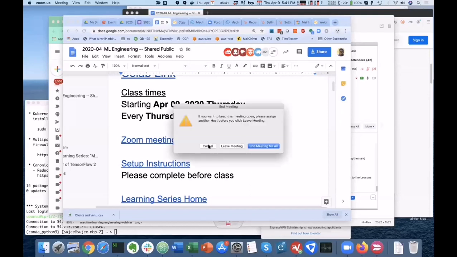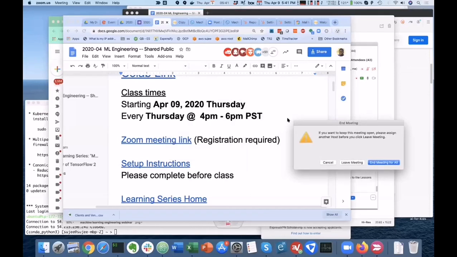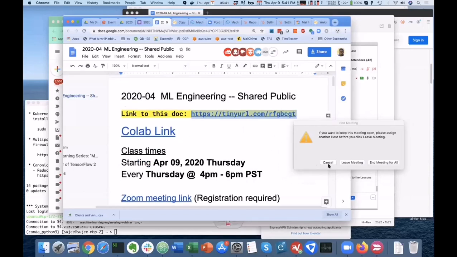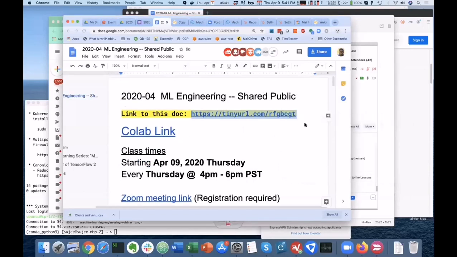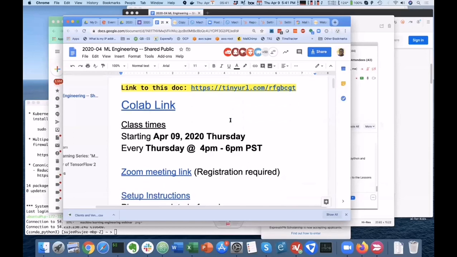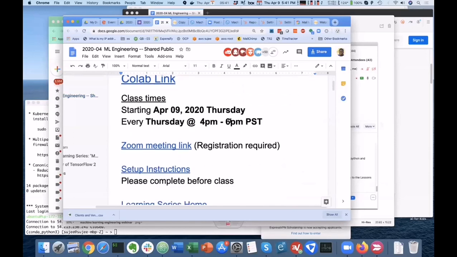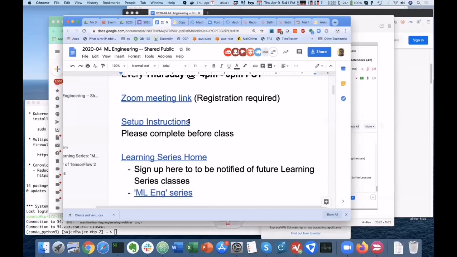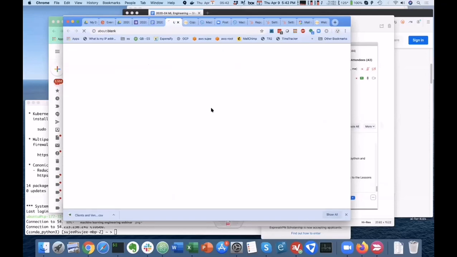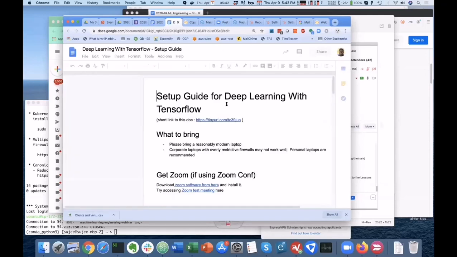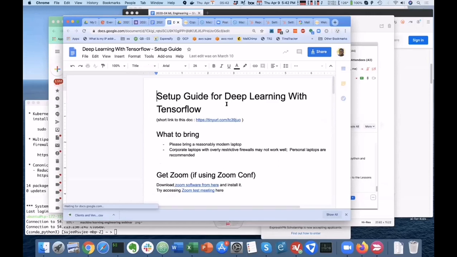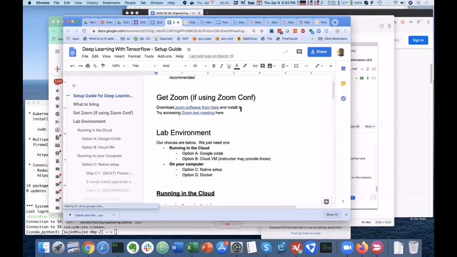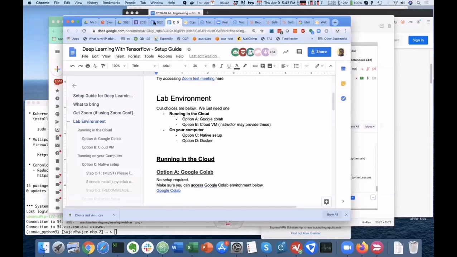All right, guys. So you're already in this meeting notebook, right? Again, this is the URL we are giving out to everybody, and all the links are here. If you scroll down a bit, you see a list for setup instructions. Go ahead and hit that. It's another Google Doc. This is basically what we use when we run our deep learning classes.